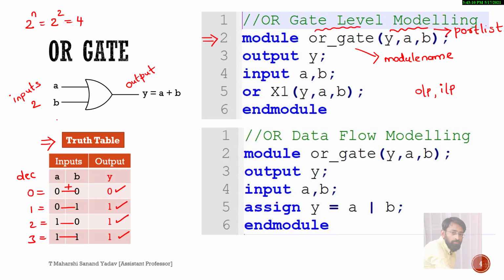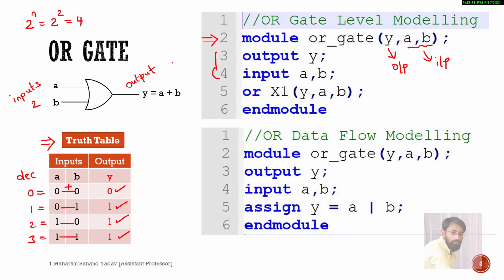Okay. So if you observe in our OR gate, what is the output that is present is Y. So Y is the output, whereas A and B are the inputs. So that's why I have written here Y, which is nothing but an output, and A and B are called as inputs. Okay, the line number 3 and 4 indicates port declaration. Among this Y, A and B, which one we are considering as output and which one we are considering as input, that should be taken into picture. So that's why output Y, next inputs are A and B.